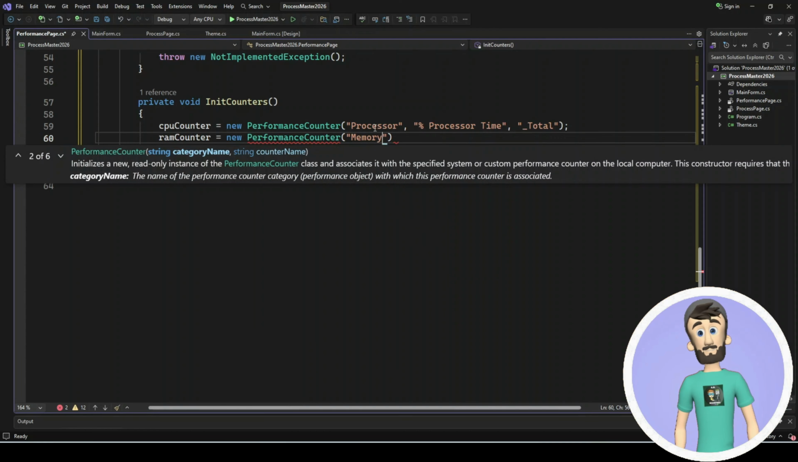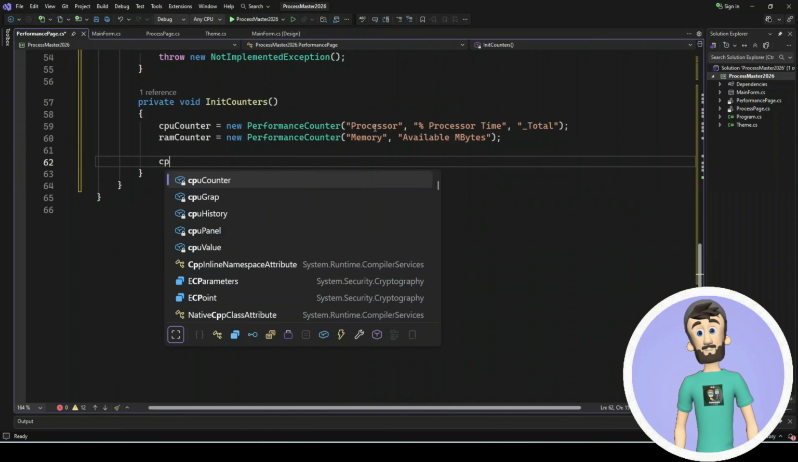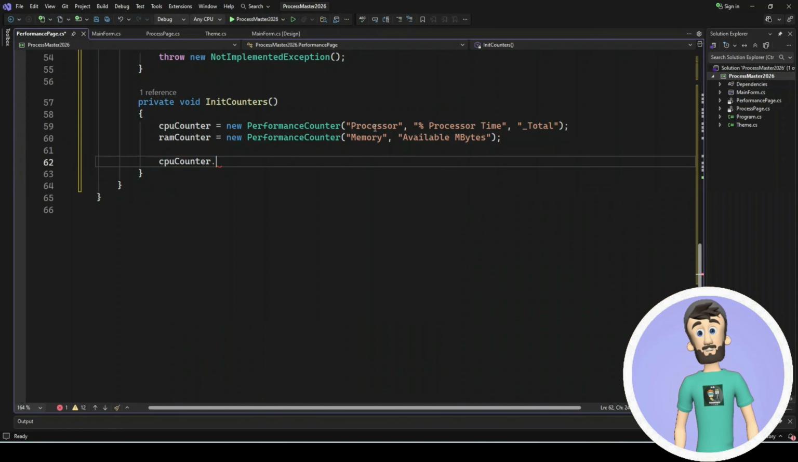Next value once. This might look a little strange, but it is actually very important. The CPU counter needs an initial reading before it can return accurate values. So we call it once during setup and then use it later when our timer starts updating the data. In short, this method prepares the connection to Windows performance monitoring so we can read live CPU and RAM information